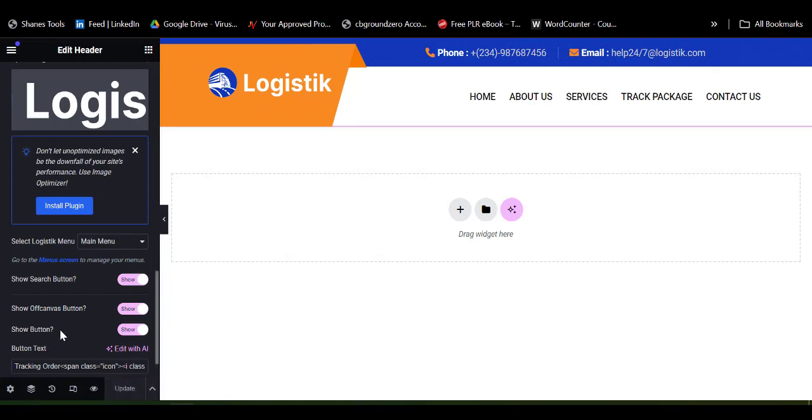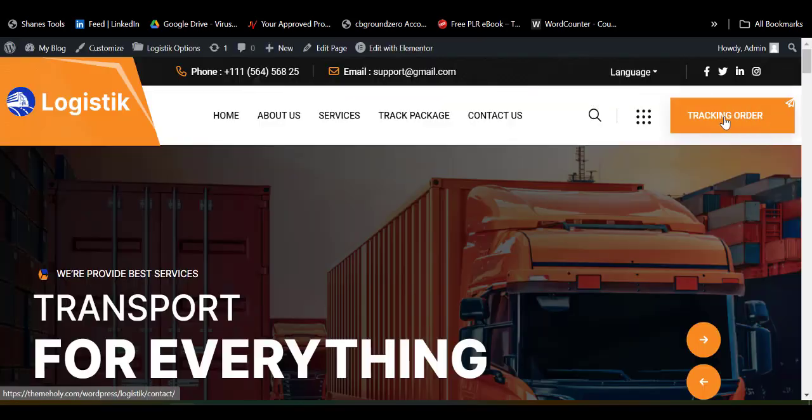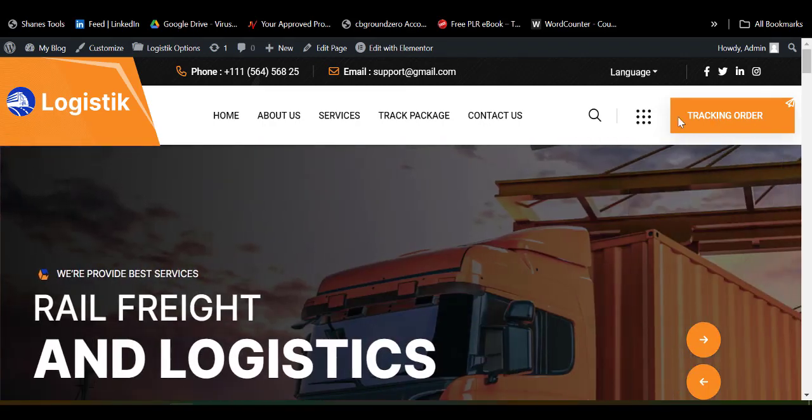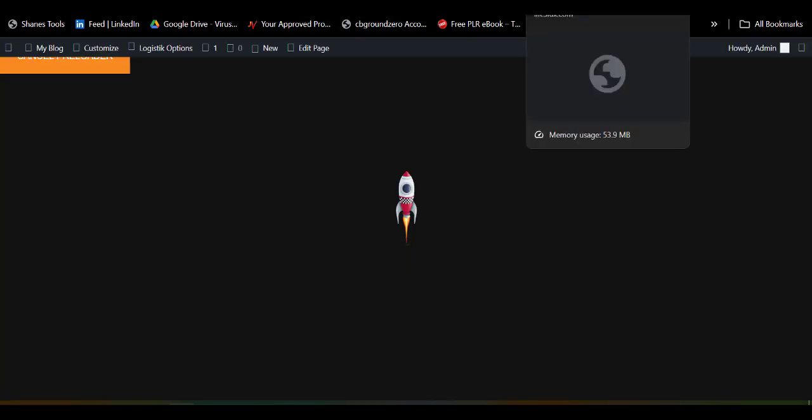Then there's a button which says track order. This is the button you can see. There's nothing there, so I'll just come down here. Let me go back. So for that button you are seeing there,